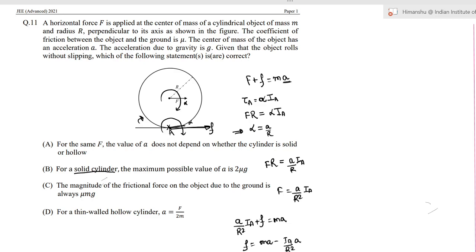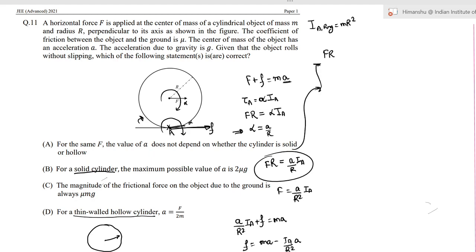Let us first solve option D for a thin walled hollow cylinder. A thin walled hollow cylinder is simply a ring or hoop. It is a ring. So the moment of inertia of the ring would be mr square. Therefore, using this equation, we get Fr equals a by